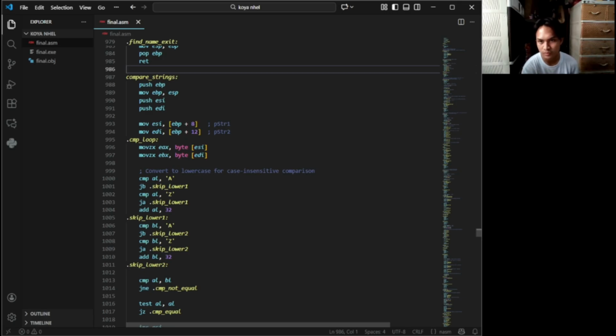This modular approach reduces duplication, makes intent explicit, and localizes changes. For example, changing comparison rules requires updating only compare strings. It also makes the code easier to test mentally and to demonstrate in a recorded walkthrough.